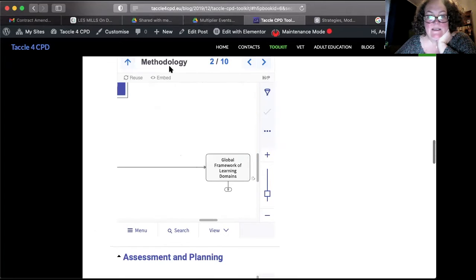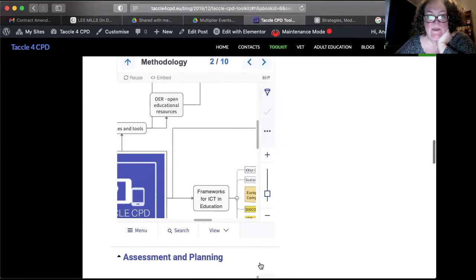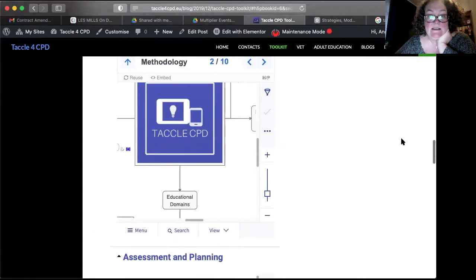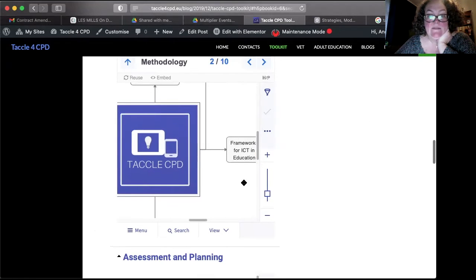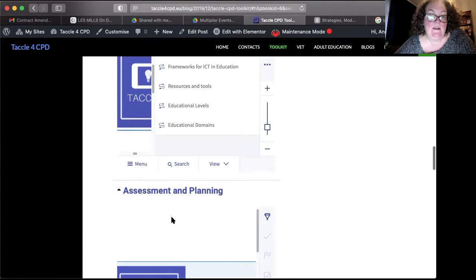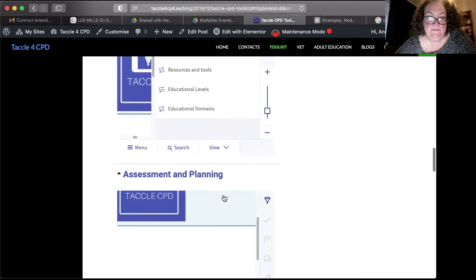We tried to split into educational domains, frameworks here, education resources, communities of practice. And if anyone's got any links that we've missed, then please do let us know so we can add them to this. And then we've also got an assessment and planning tool,